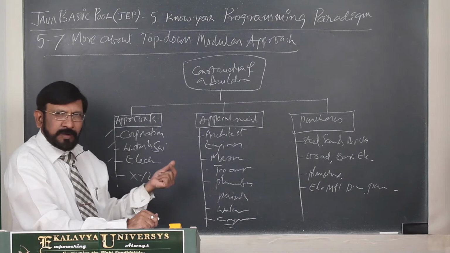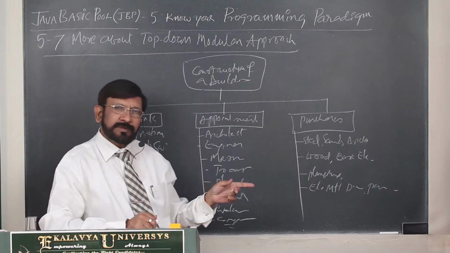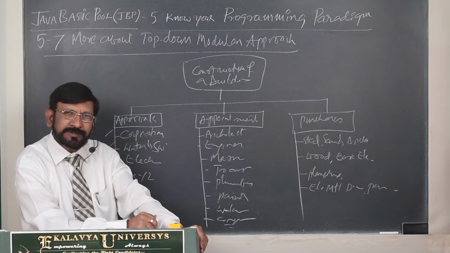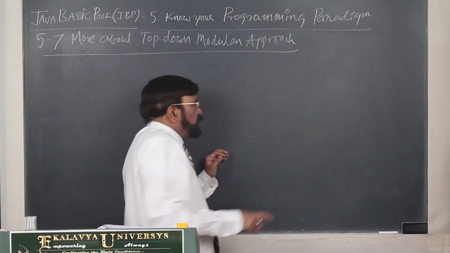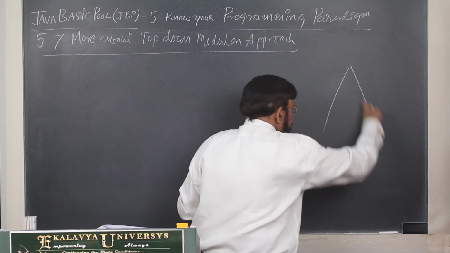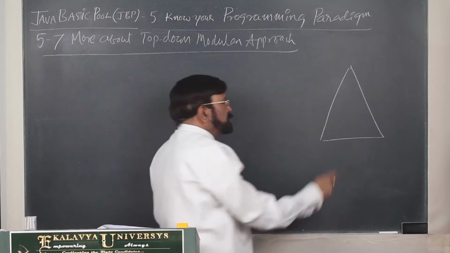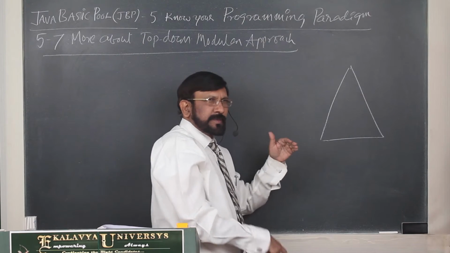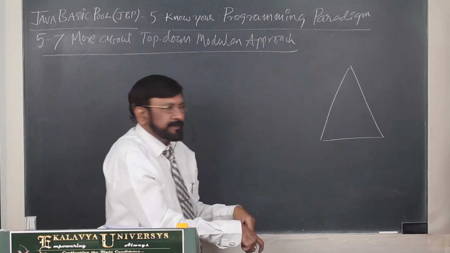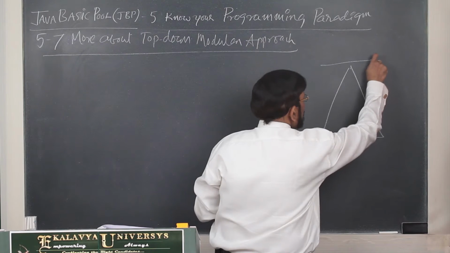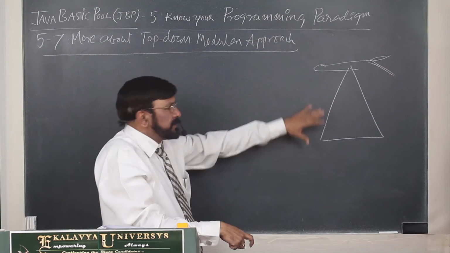In function oriented programming, this is the design work, the mental work. Once the design is over, then you go for coding, that is implementation. If you analyze this model, it is top down. It can be compared to flying high in the sky. When you look at the ground, everything is blur.